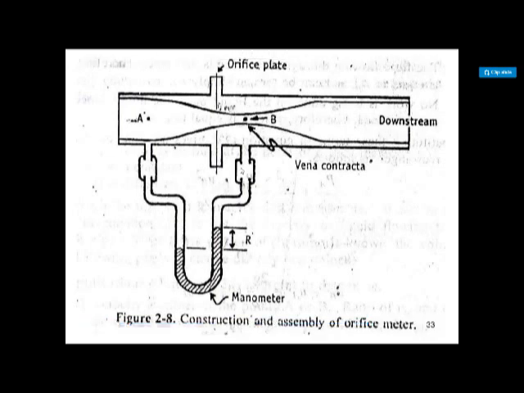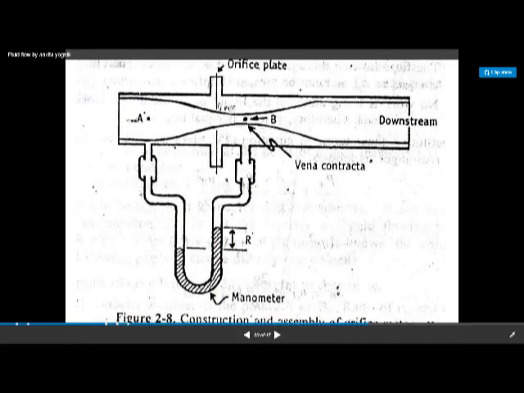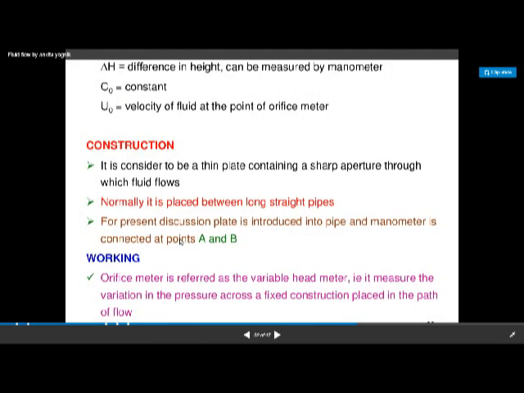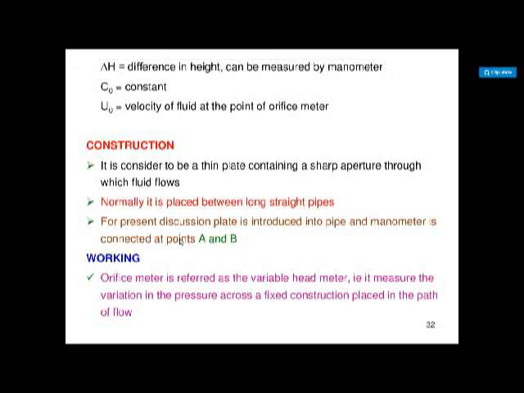The coefficient of contraction, which we will call CC, can be determined by taking the cross sectional areas at point A and at points A0 and A2. ऐसे हम यहाँ पे cross sectional areas से we can go for the calculation of the coefficient of contraction. Also we can calculate the coefficient of discharge by putting the values of the coefficient of contraction and kinetic energy values in the equation of the flow meter. Construction, it consists of a plate.